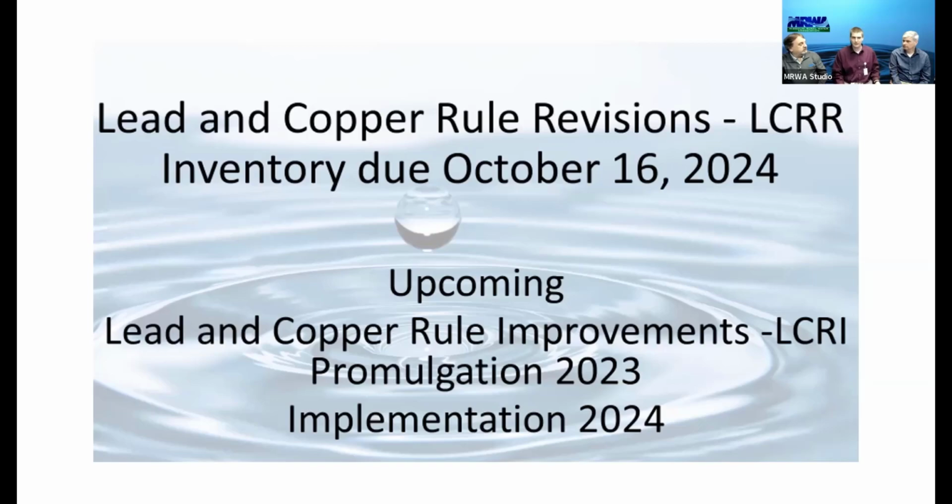If you're a small system and you were able to identify your materials, that's great, and you can submit a completed inventory on or before that date. But I know for a lot of our larger systems, this is going to be years in the process, making progress and reporting that on a 1 to 3 year basis, depending on their monitoring schedule. So this is the initial submission of the lead service line inventory using our state approved spreadsheet.